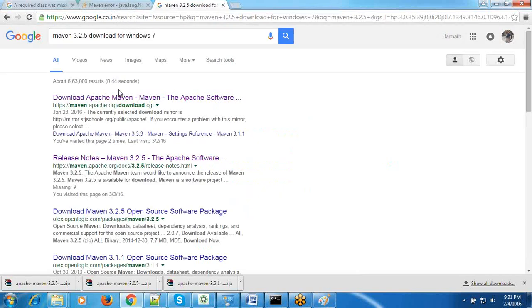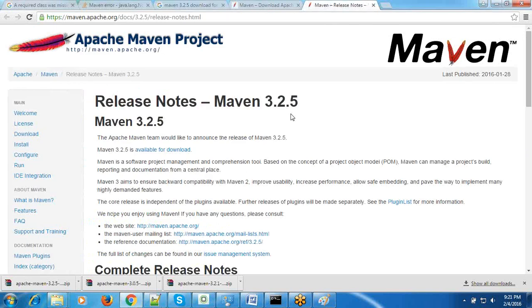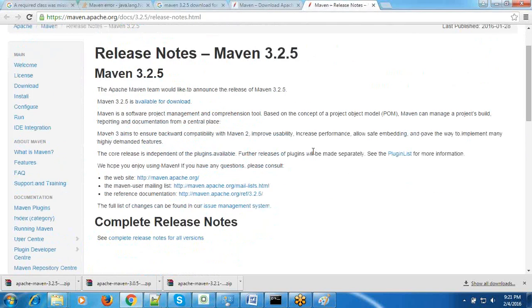Just search Google for the Maven plugin and go to the links which you got. Here, come down, click on available for download